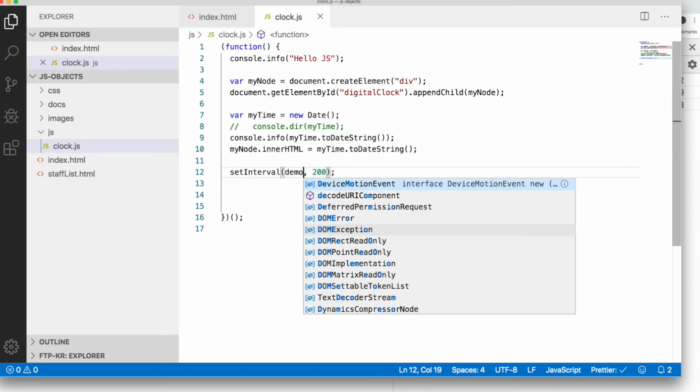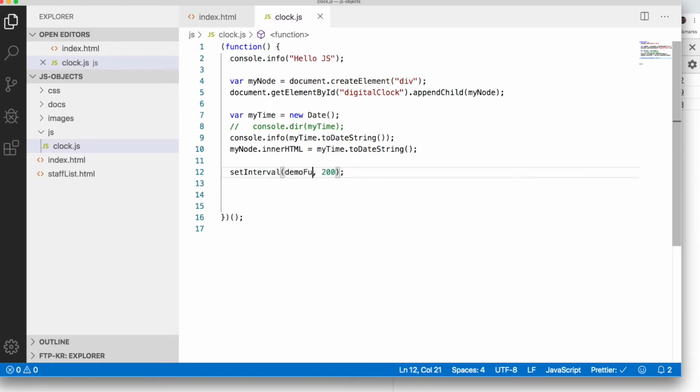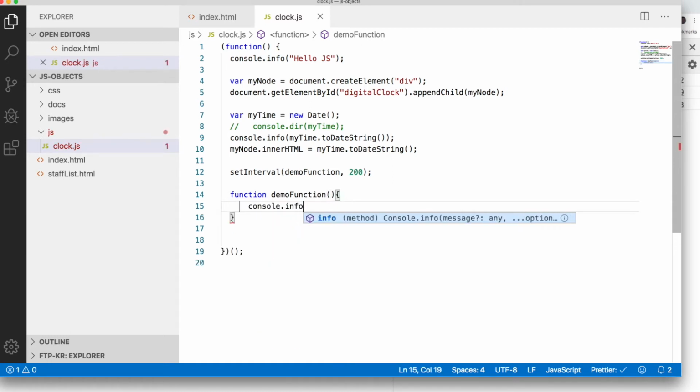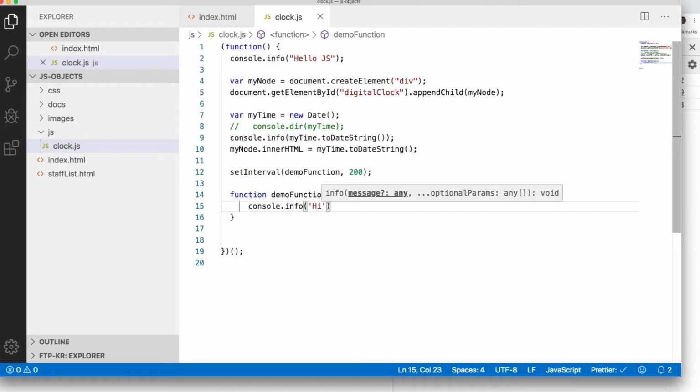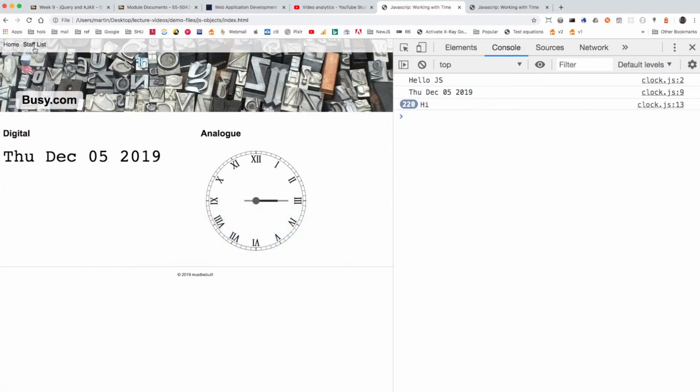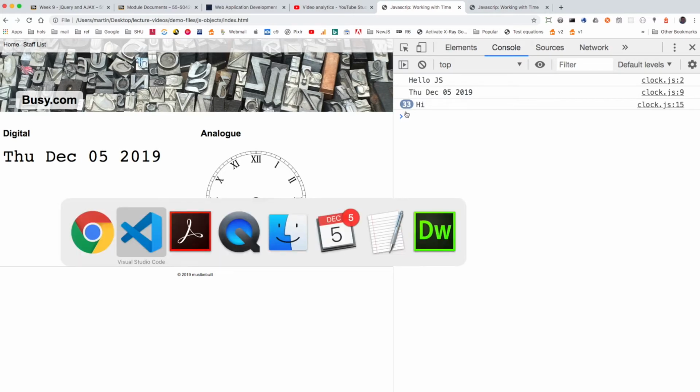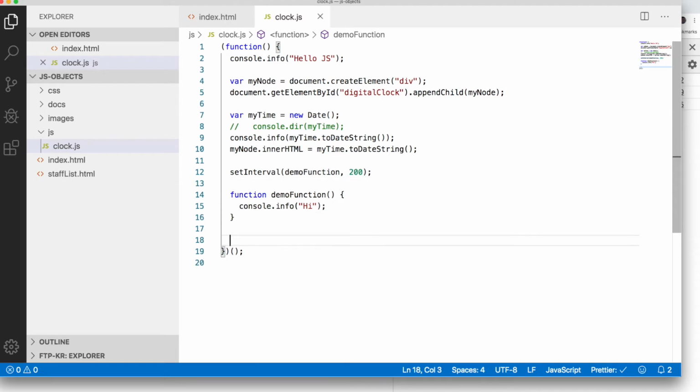So if I call this demo function, and then I create a function down here called demo function, and inside of there we say console.info hi. Right, let's try that. It's going to do pretty much exactly the same as the previous example. There we go, it's ticking along, and so you can see that we can call a function at a given interval, which you may be jumping ahead here and thinking,